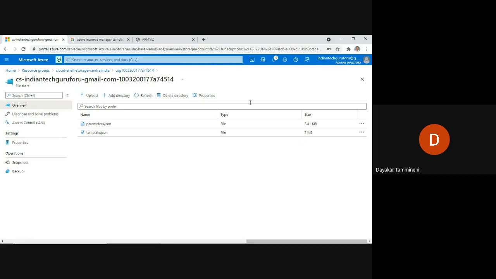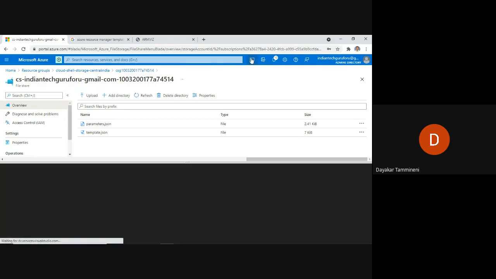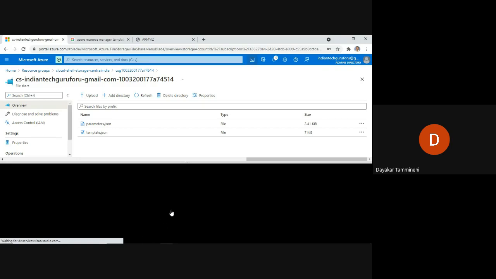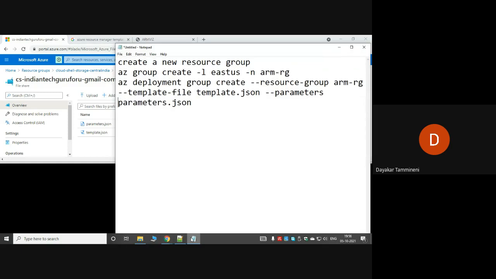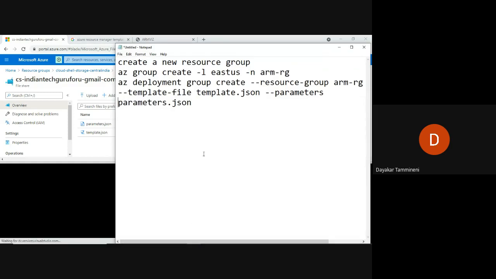It is taking too much time to open the bash shell. So that's why I have shown the commands to execute, to create a new resource group as well as deploy the new virtual machine in that particular new resource group.